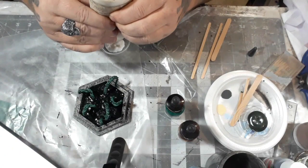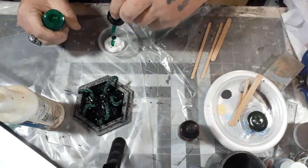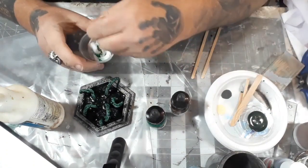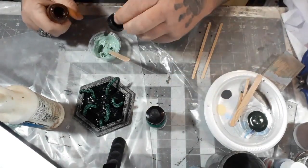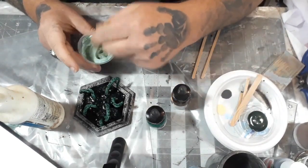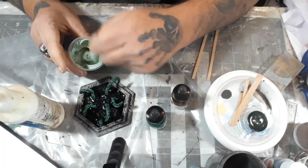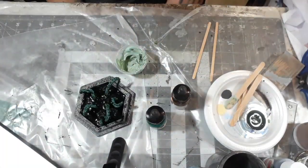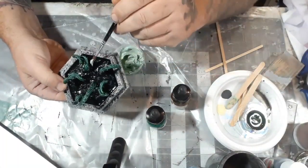Now I'm going to be using a product from Woodland Scenics called Water Effects, which is basically like a heavy gloss gel, but will be able to give me ripples. And these tentacles are coming flying out of the water. The water is not going to be still. I need to add water dripping off that, and I'm mixing in some green ink and some brown ink to this stuff